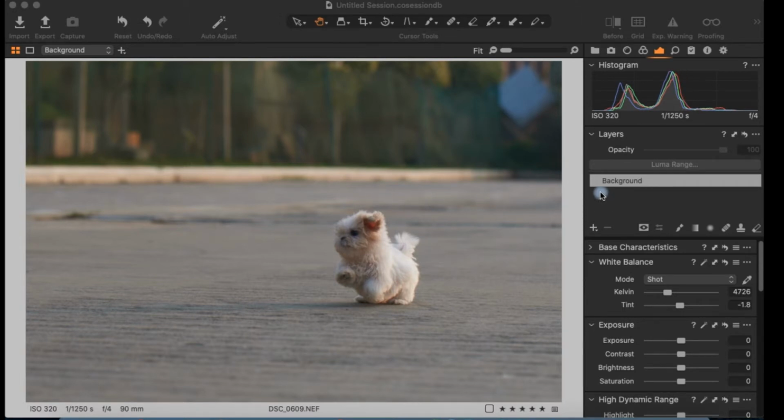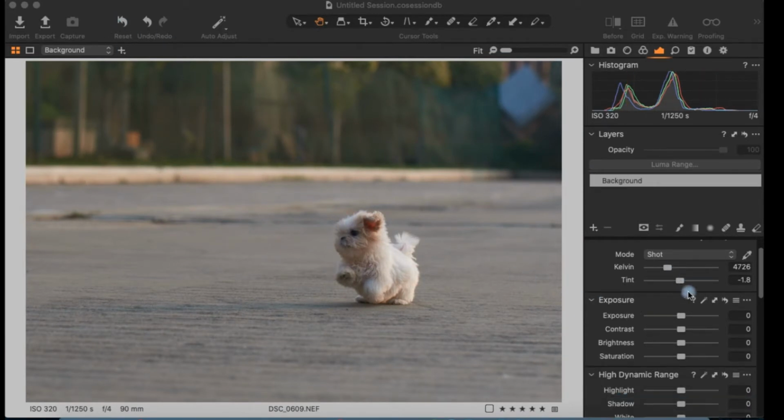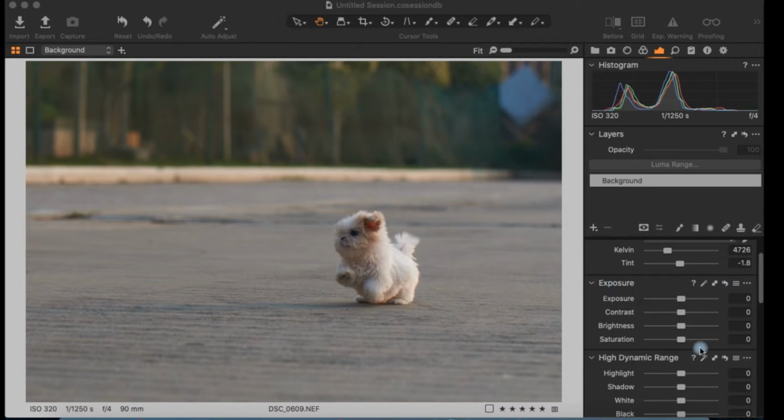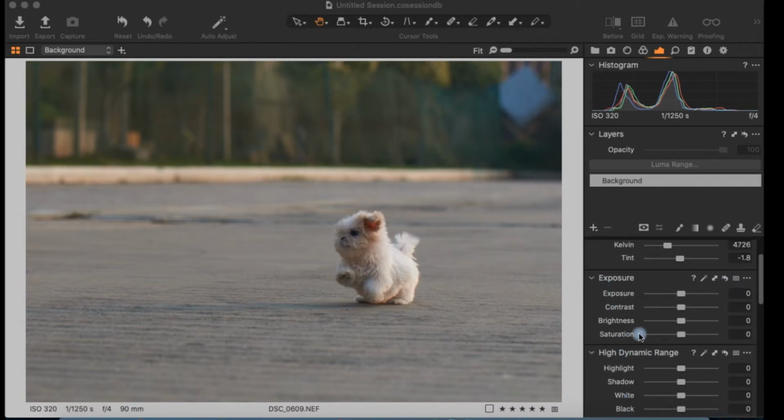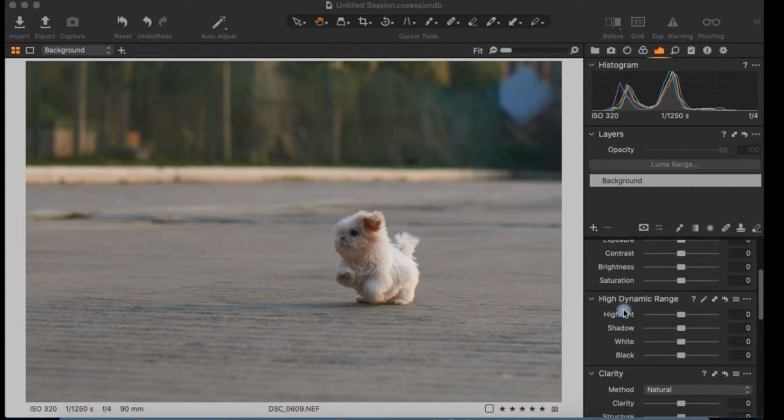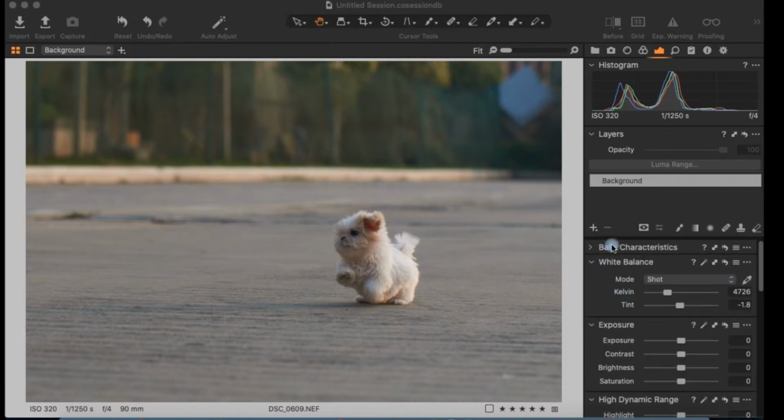In order to use masking in Capture One, I have not applied any local or global adjustments here, exposure or high dynamic range or anything. I just left it like that. In Capture One, your masking works in this part called layers. As you see this plus arrow, there is a little arrow under that plus sign. If you click on that,